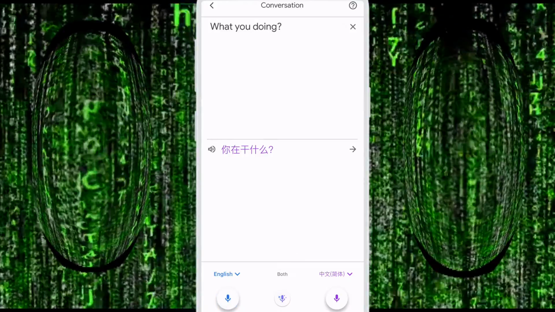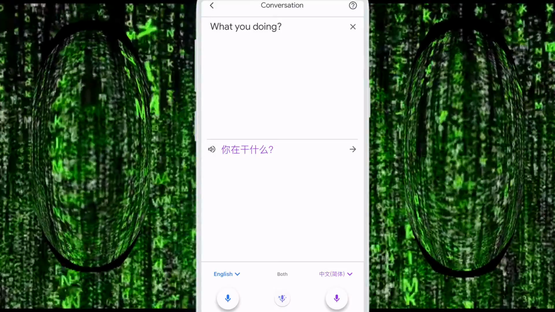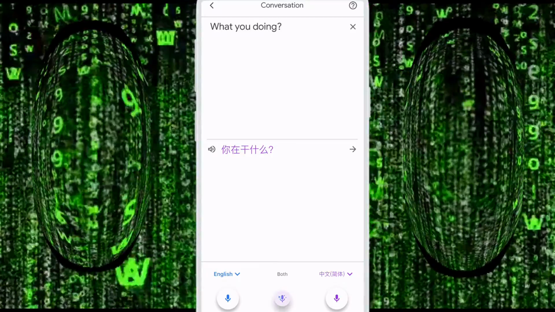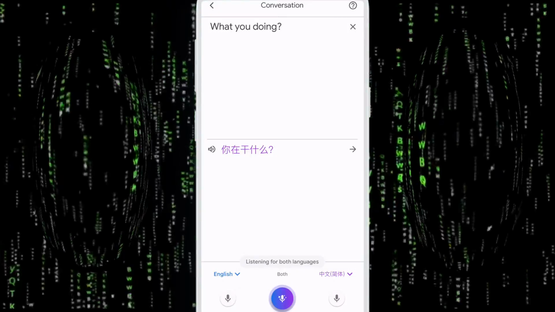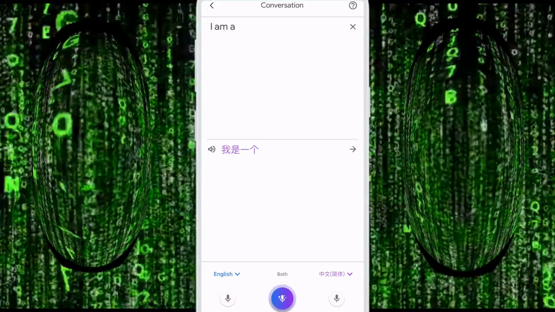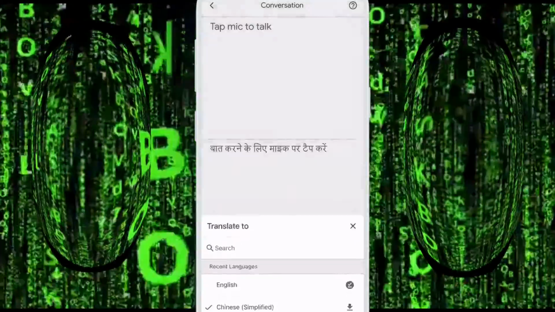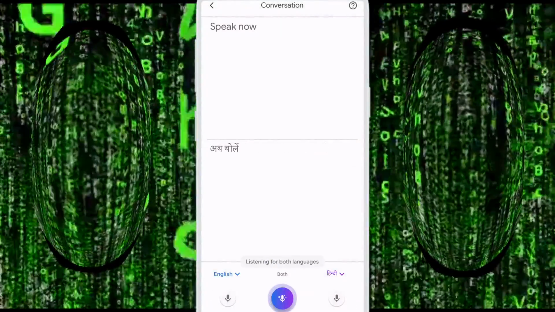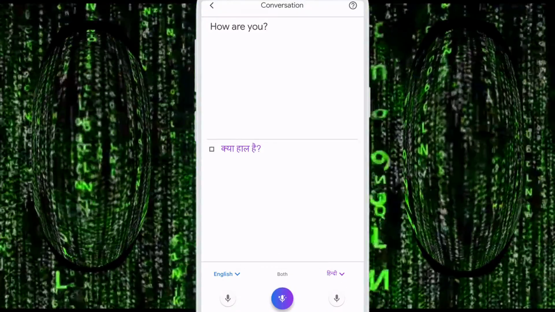If two persons don't know each other's language, if they don't understand each other's language, this function lets two persons speak very easily. Just click which language you speak, and automatically the translation is ready here. So I showed you, friends, again I select Hindi language. So you see here Hindi. If the other person understands Hindi and you understand English, just click Hindi and this person speaks, and it automatically translates to English. If you click English and speak, then it automatically translates to Hindi.